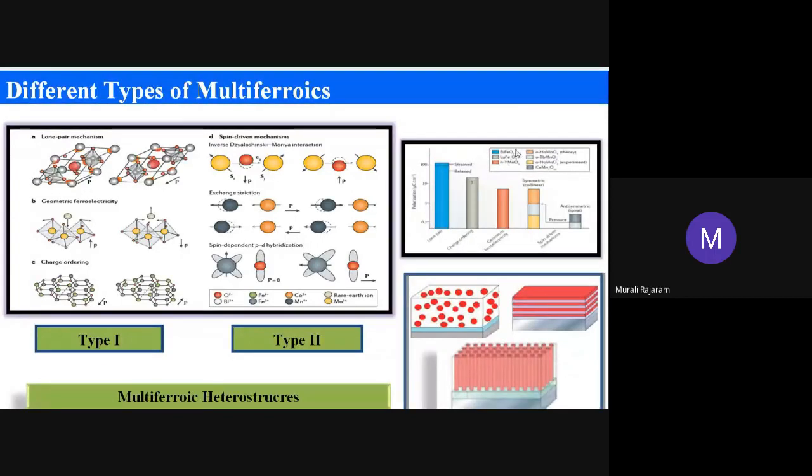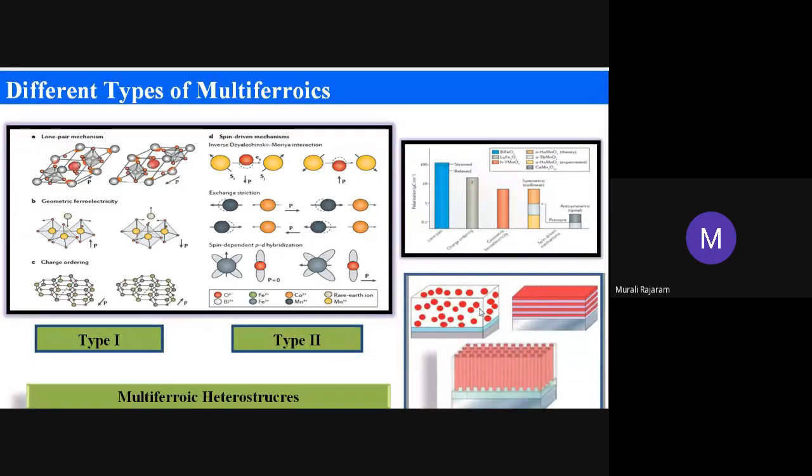It is an especially interesting material, bismuth ferrite, because it is an antiferromagnet. You can make it as a ferromagnet, and it has a very huge electrical polarization, like 90 microcoulomb per centimeter square. And then you can also have the multiferroic property on heterostructures. So these are different kinds of heterostructures we can grow. This is called as